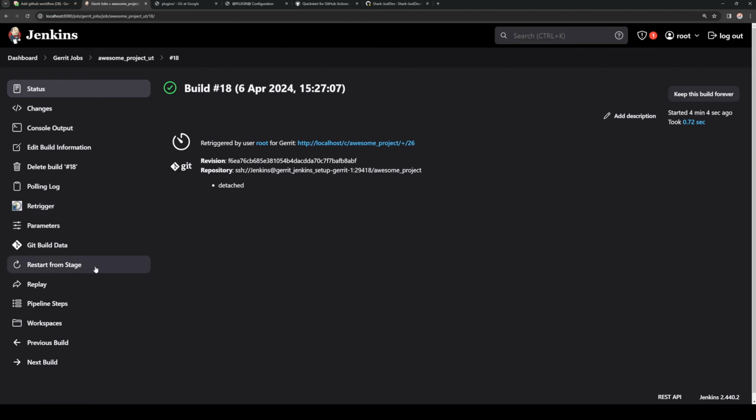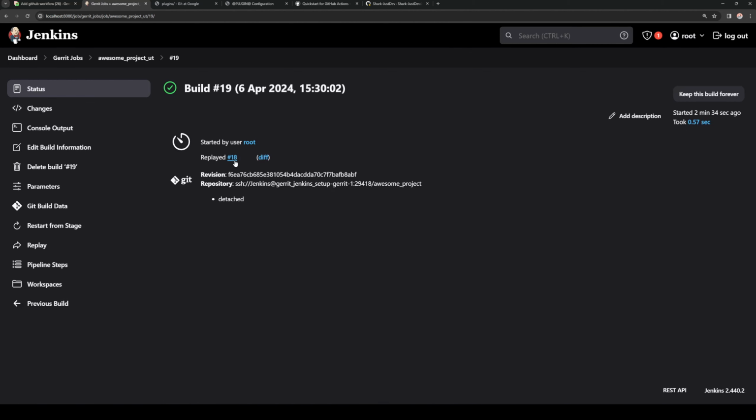Restart from stage means that we want to restart this job, but from one of the stages that we have. For example, we have 3 stages, we want to start from the second one. Replay means that we want to modify the script for this particular pipeline and then run a pipeline according to the new modified script. Important note, the modified script, for example, if we go to line number 19,